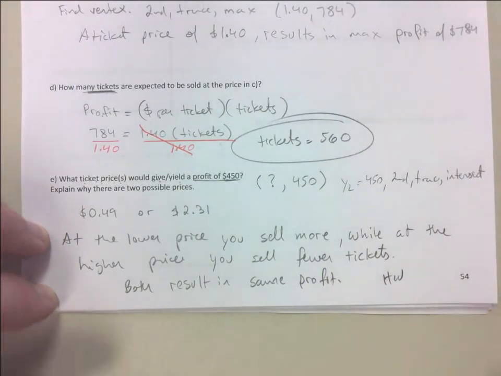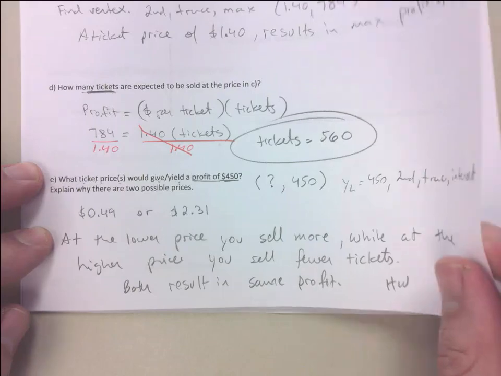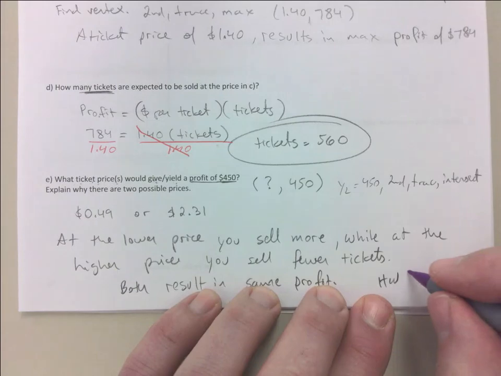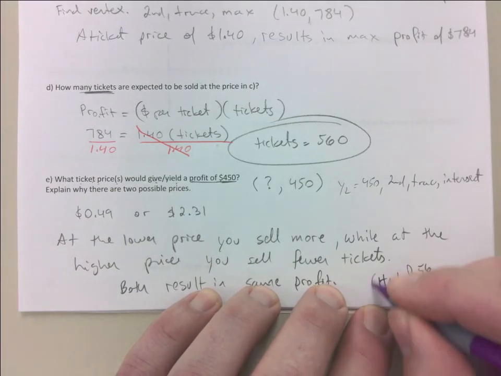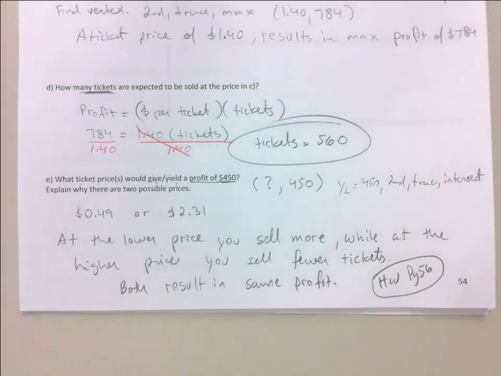I want you to try at least one. I think the next one is a pierogi fundraiser on page 56. Yeah, I'm just going to keep it light. Tomorrow, I'll give you